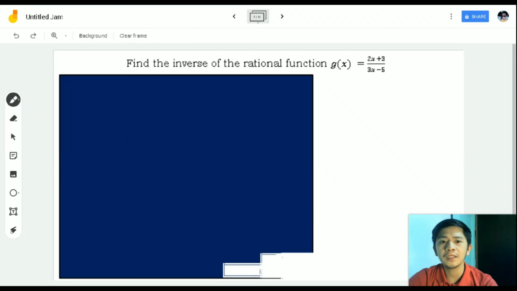Okay, in our previous activity, we proved that the properties of inverse of one-to-one functions are true. So let us now find the inverse of the rational function g of x equals 2x plus 3 all over 3x minus 5. So applying the procedures that we have in my previous lesson, the first thing that you're going to do,